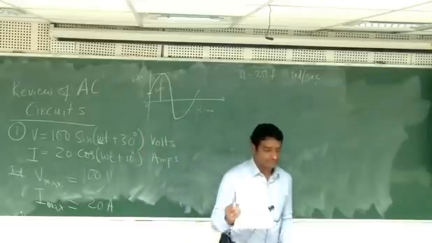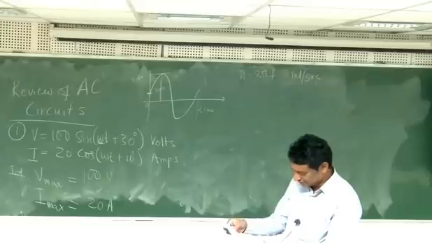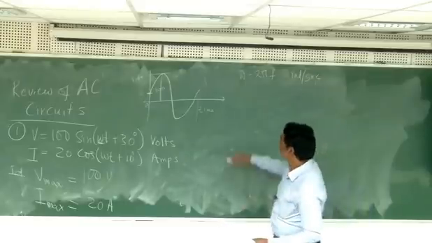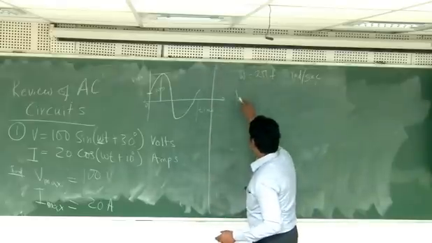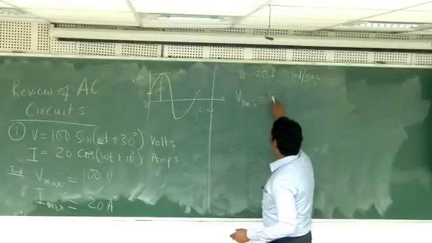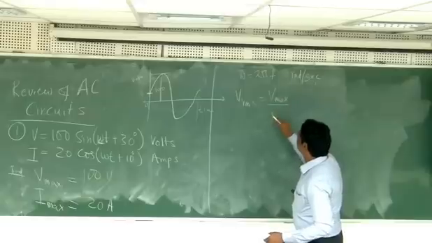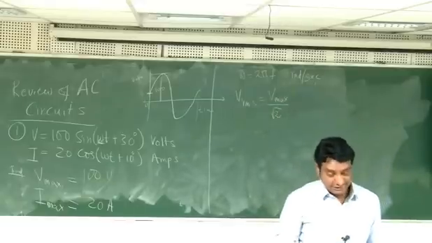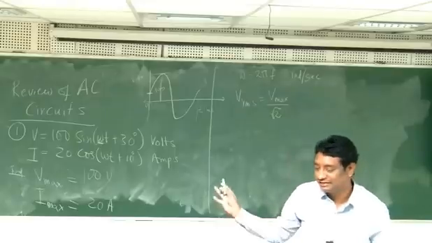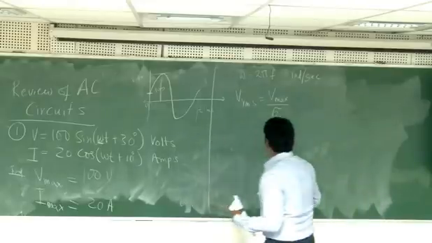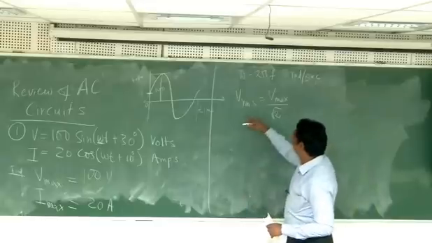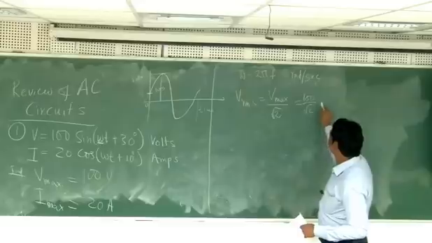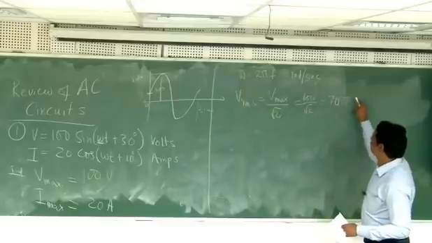So what is the next part of the question? If I look at the question, it says Vrms and Irms. So what is the value of Vrms? What you do is Vmax divided by root 2. Now what is RMS? Root mean square value. It's a mathematical derivation. You might have done it in a different course, but for this power system practice course, what is the interpretation of this? So 100 divided by root 2. How much is that? It will be 70.7 volts.